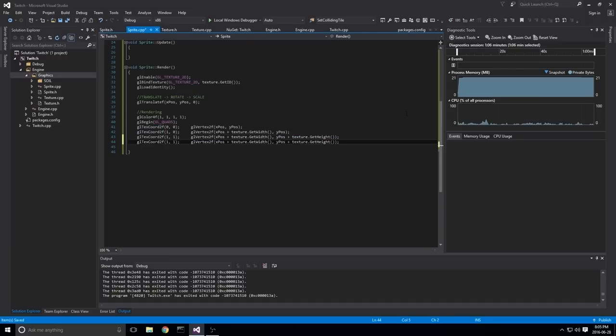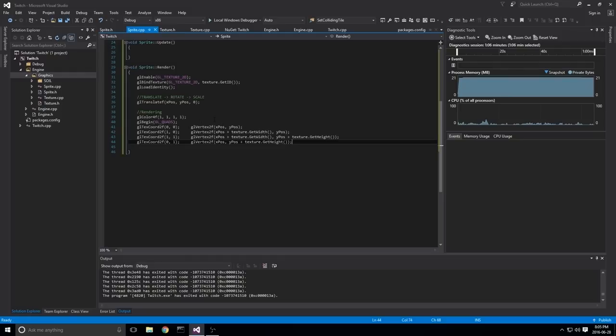And then finally, we're going to do the only one that's left. So it's going to be 0, 1, and that is the leftmost side and the top side. So that's what we're going to do there: XPOS and then YPOS plus the height. So if this doesn't really make sense, I can try to explain a little bit further, but this is basically taking each corner of the texture and putting it somewhere in our scene, given our XPOS and YPOS.